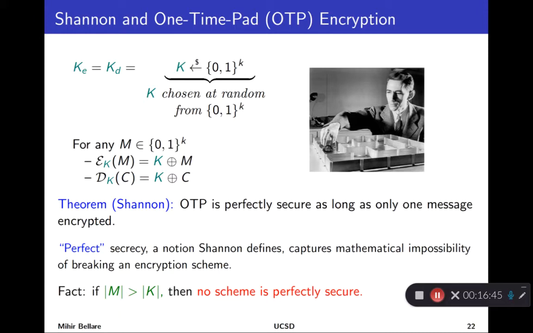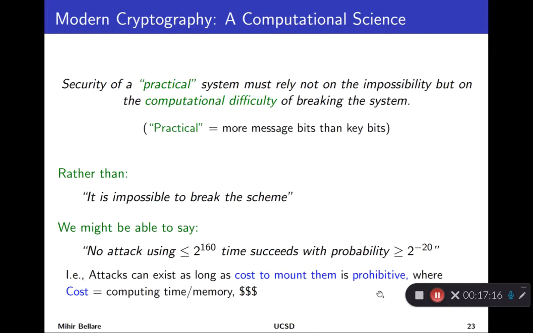I may want to encrypt files, emails, whatever, and they would be a lot longer. But this says that if the length of the message is more than the length of the key, I will not be able to encrypt with that key and achieve perfect security. This is not just true of some sort of one-time pad-like system, but for any system. So Shannon is saying there's just no way to make this happen. Okay, so that's a pretty major practical disadvantage.